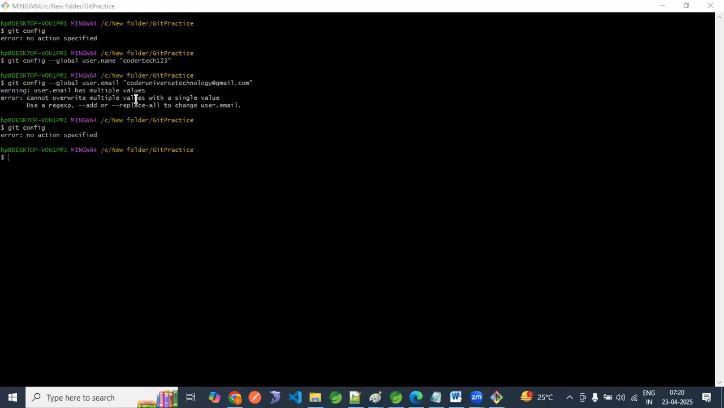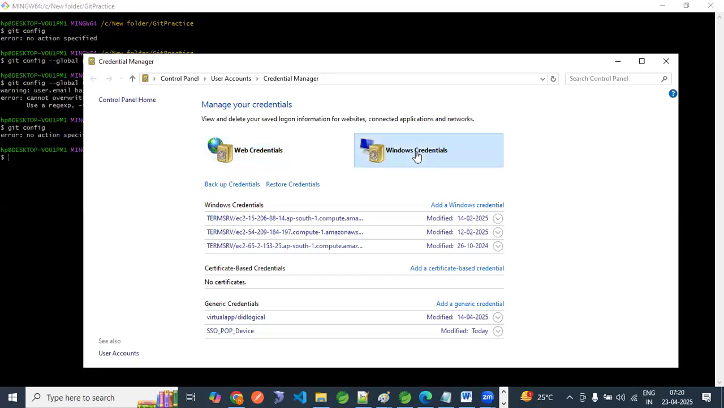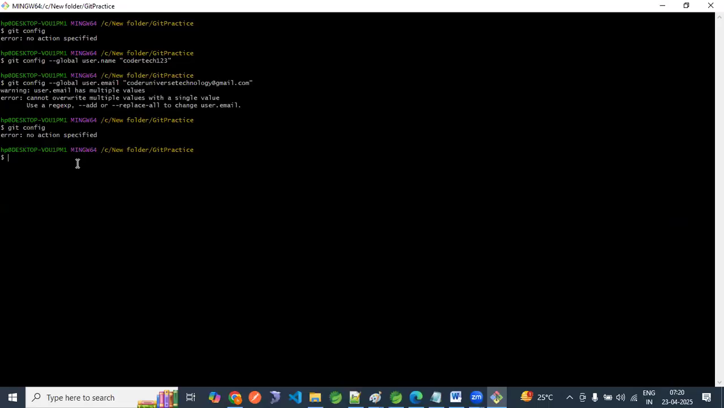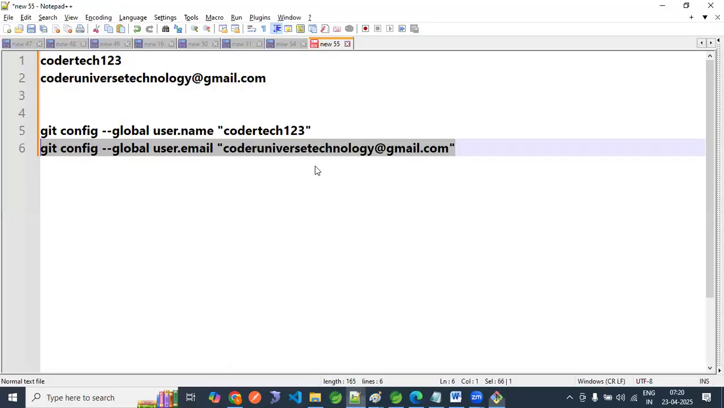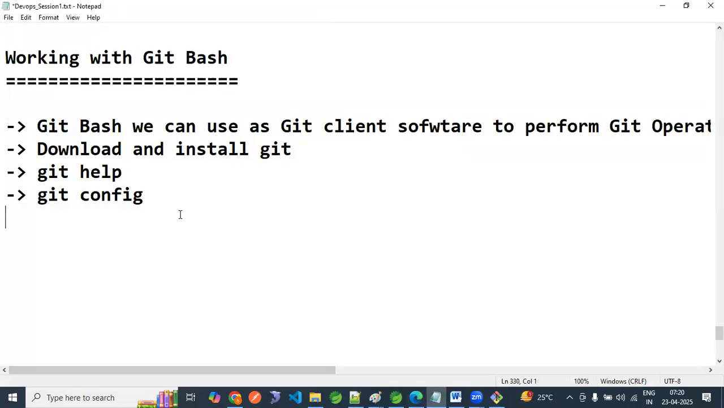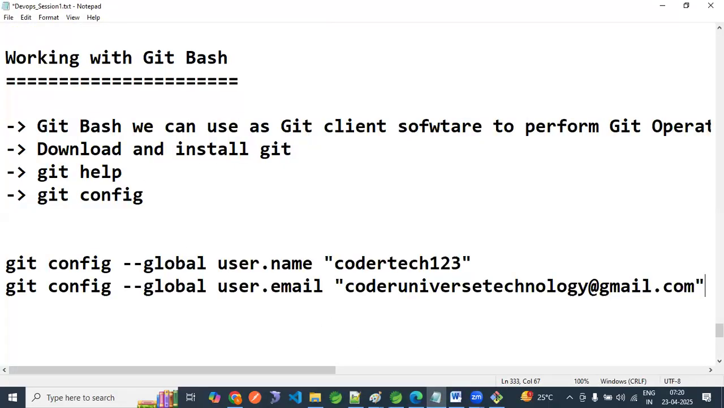Okay, no problem. This is how we can configure our global username and email address associated with commits for our system. This is the global git username and email ID. Now let me copy this in our notepad section as well. These are the commands for configuring our email ID and name